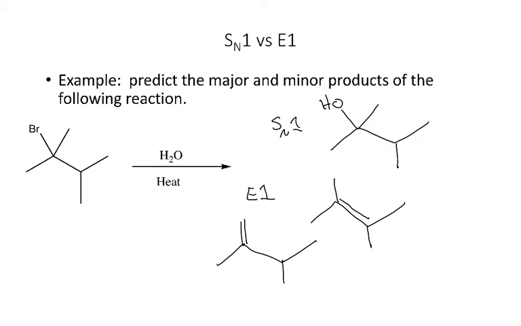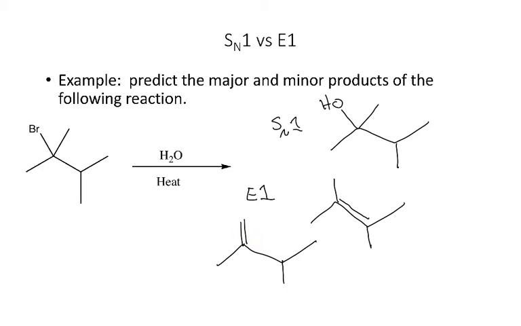And so when I'm comparing these to decide whether the SN1 mechanism is going to be favored or the E1 mechanism, I look at my E1 products, right? And this one is di-substituted, but this one is tetra-substituted. So in that case, because one of the E1 products is tri or tetra-substituted, in this case tetra-substituted, then E1 is going to be preferred,